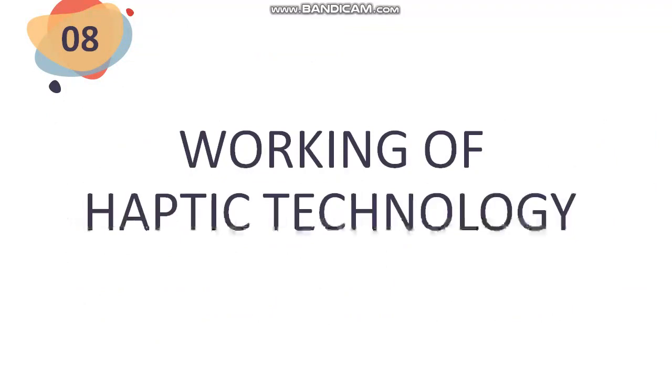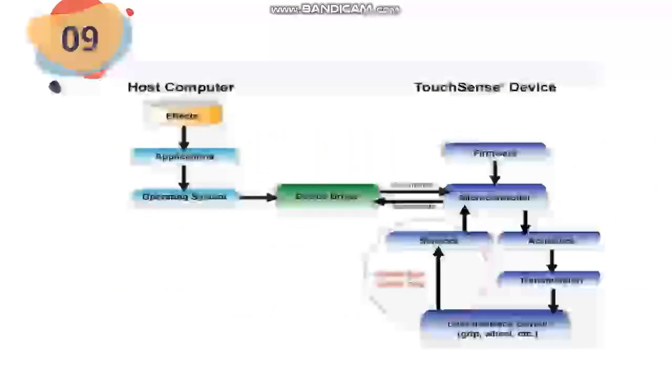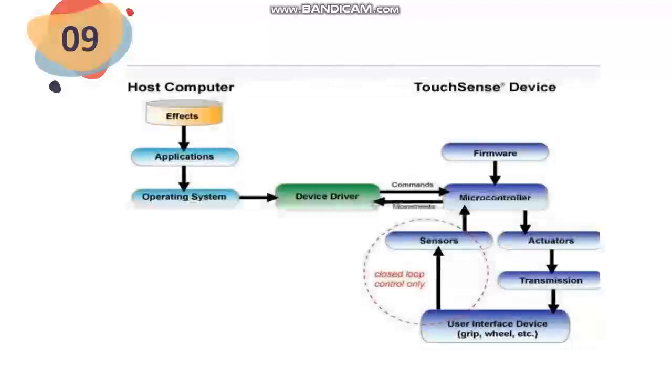Now here is working of haptic technology. A typical haptic technology system is an assembly of several subblocks, namely touchscreen device with capacitive buttons, processor, drive circuit, and actuator. The input of the haptic technology system may be touch, a press on a capacitive button on the touchscreen. This serves as an input or the triggered signal which is sent to the touchscreen controller. The sensors in the device sense the change in the amount of force applied, change in the angle of the input, and send the information to the processor.